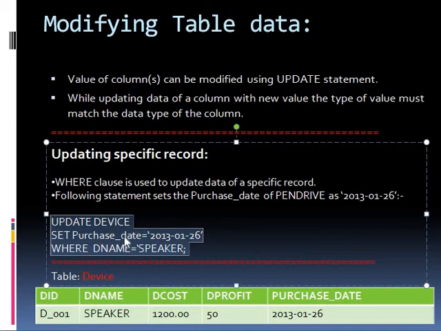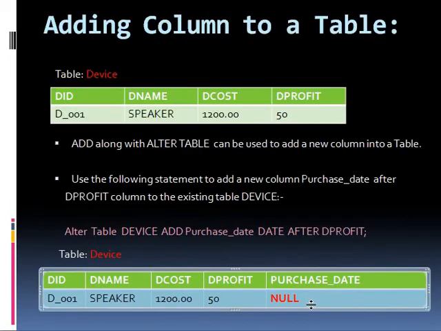That means I am going to update the table named device, and then I am going to set a new value for the column purchase_date. That value shall be 2013-01-26, and this shall apply only for the device name or DName which is speaker. As a result, the old record for which the device name or the DName is speaker, having the purchase_date column